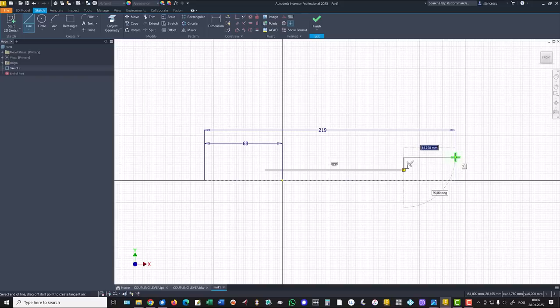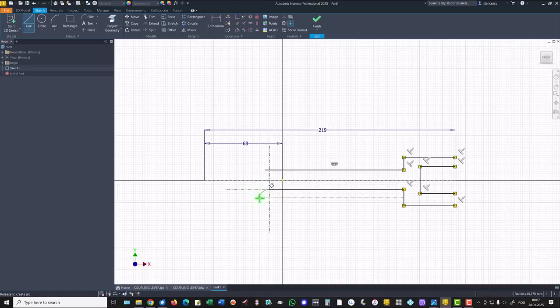Now just at the end of this line, but we'll place that constraint after we finish this sketch. Down, left at this level,